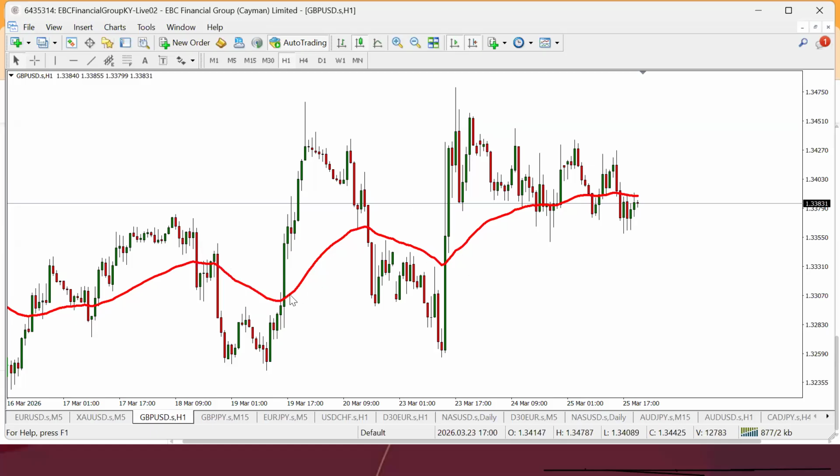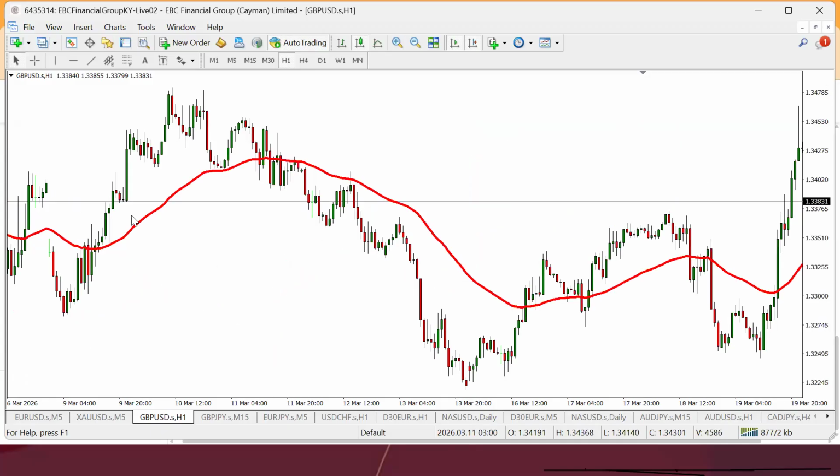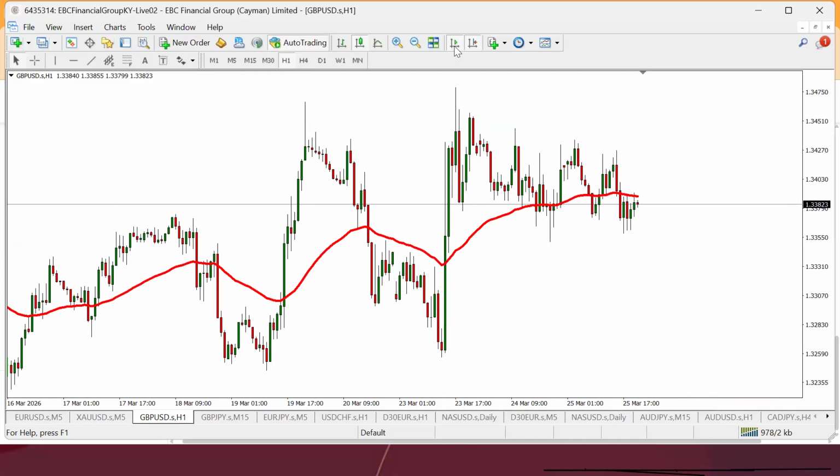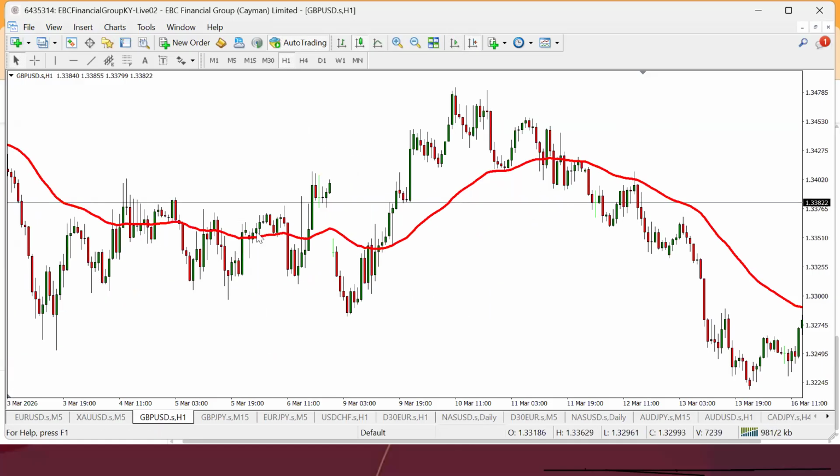In the case where there is a consolidation, the moving average is not going to be above or below the price. The moving average is just going to be in the middle, like in this case here. Look at this. It's not above it, it's not below it. This is a consolidation. Even if you remove the moving average, you can see clearly that this is a consolidation. If you're a trader who has been trading for some time, you will know that this is a consolidation.